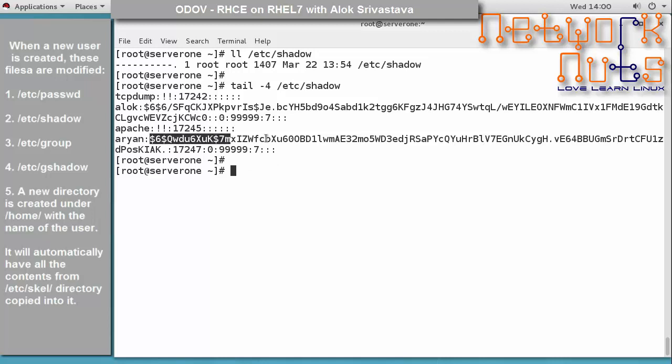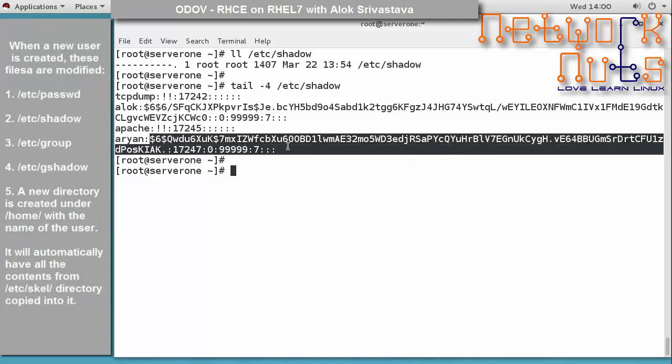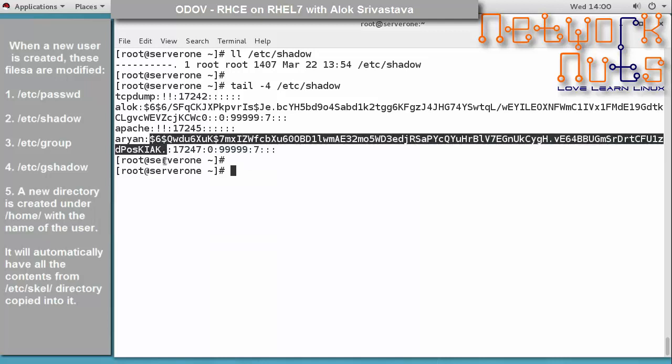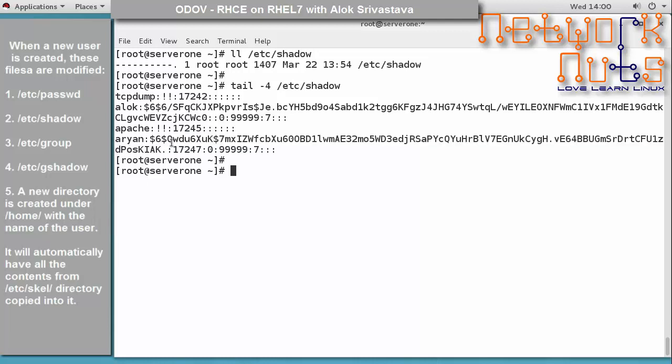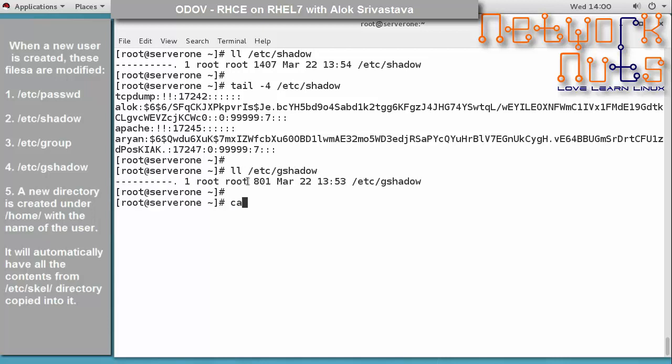But I had given the password Red Hat. So the passwords are not stored in plain text, they are stored in an encrypted hash. And by default, RHEL 7 uses SHA-512 as the password encrypting algorithm. It uses it by default. And the other file that gets modified is /etc/gshadow. So if I do a tail,